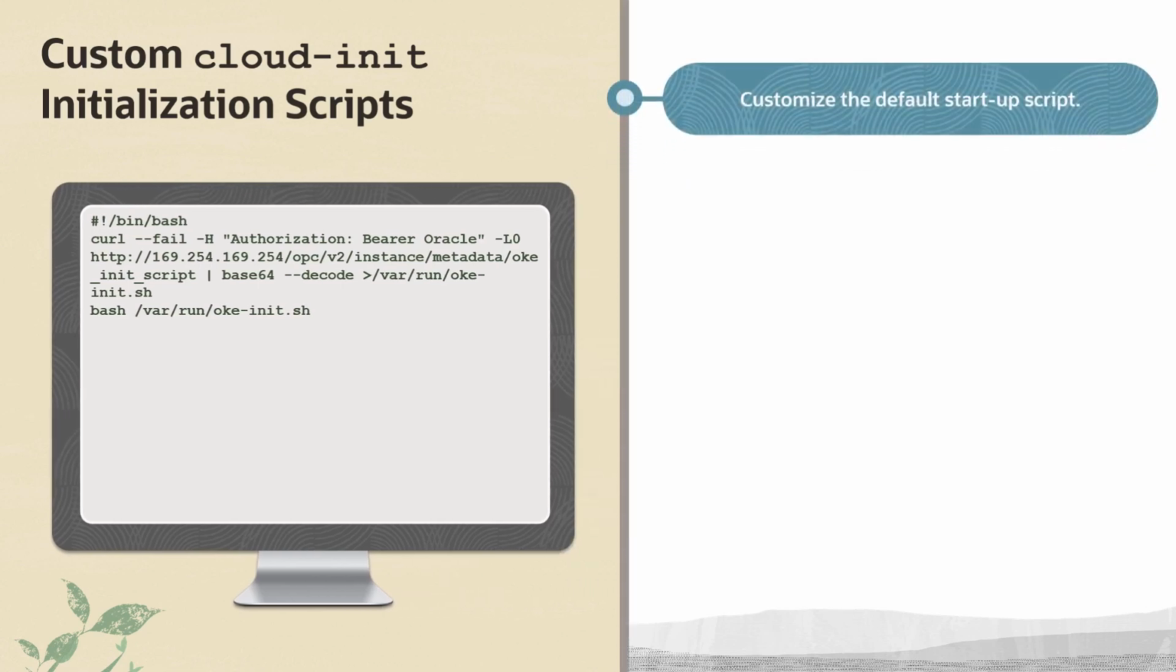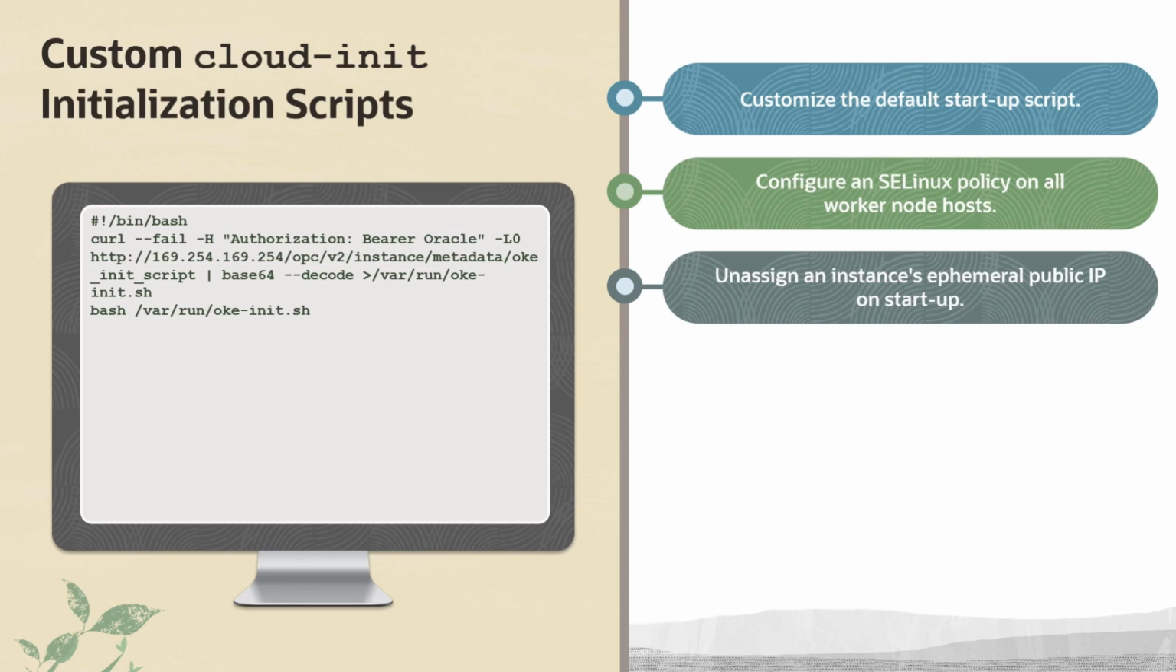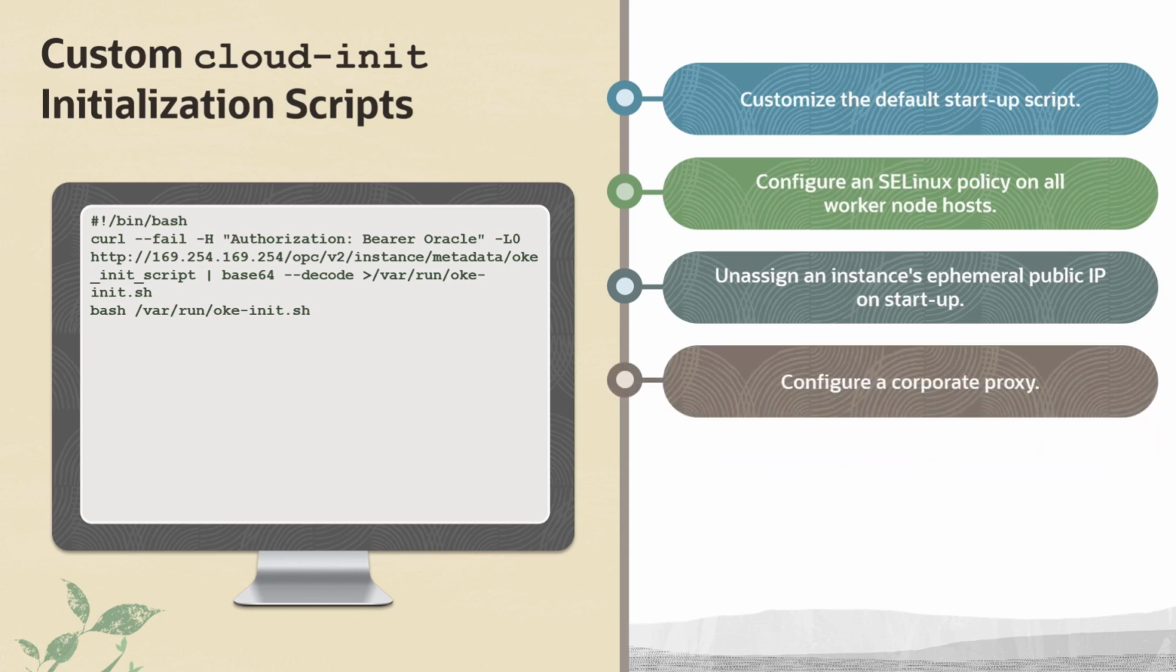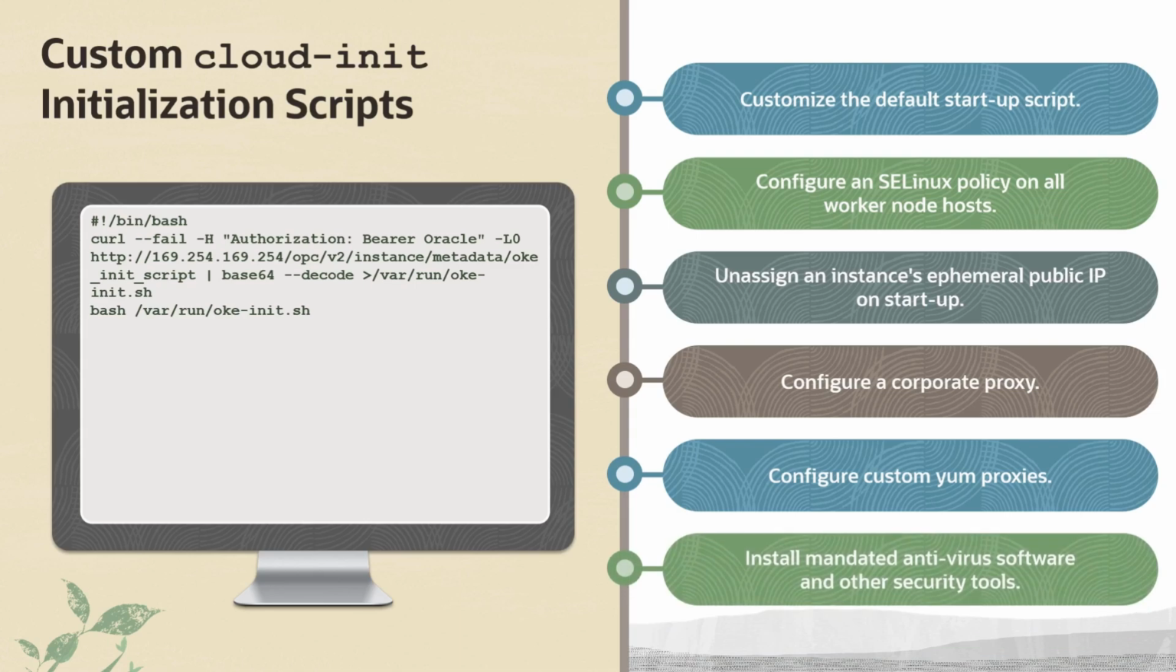You can customize the default startup script by adding your own logic to the script, either before or after the default logic. Customizing the default startup script enables you to configure an SE Linux policy on all worker node hosts for security and compliance purposes. It also allows you to unassign an instance's ephemeral public IP on startup and reassign the instance a reserved public IP instead. It allows you to configure a corporate proxy, also configure custom YUM proxies, and install mandated antivirus software and